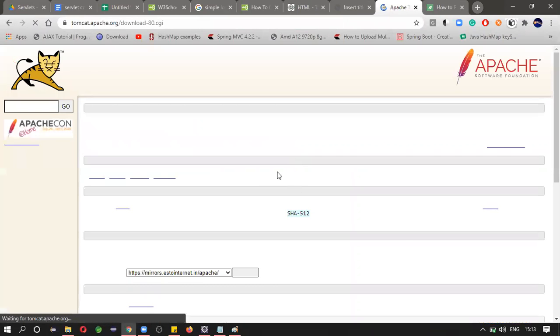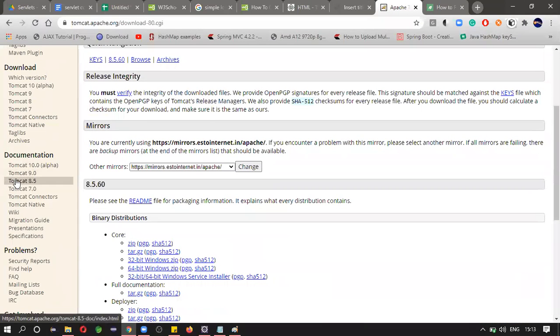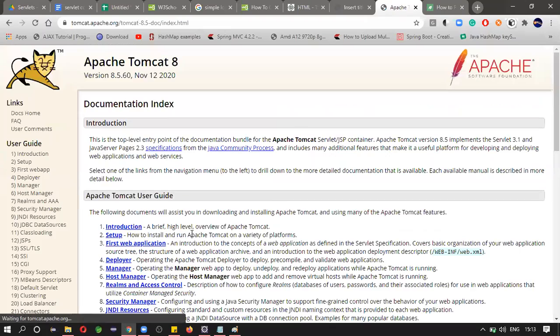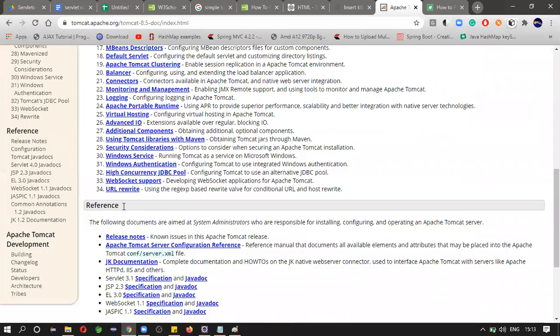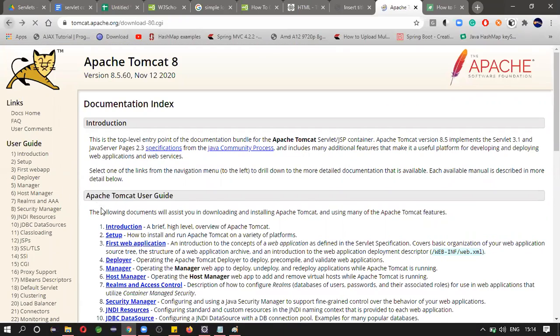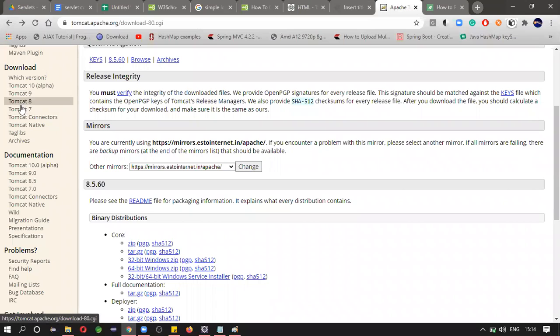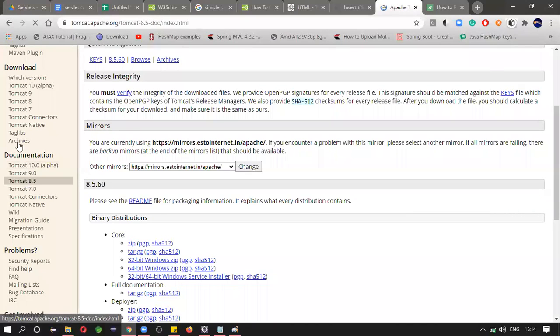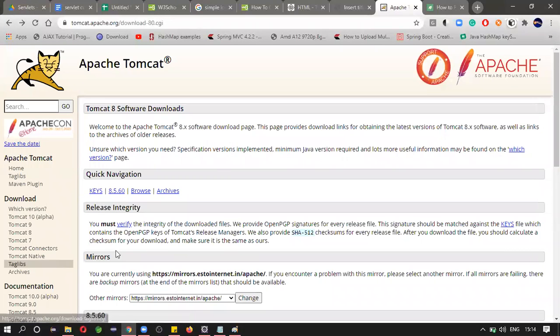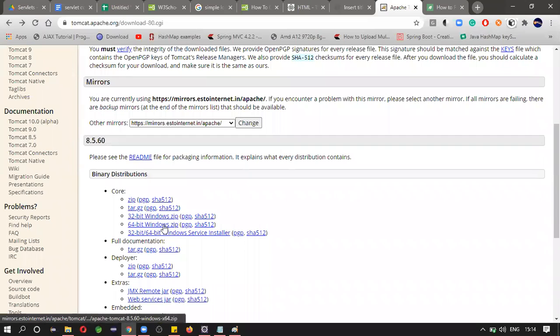Let us download one more version, 8.5. Downloading 64. My system is 64, that's why I'm downloading 64 bit.